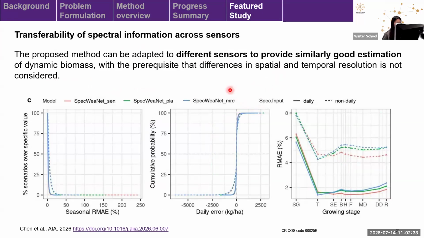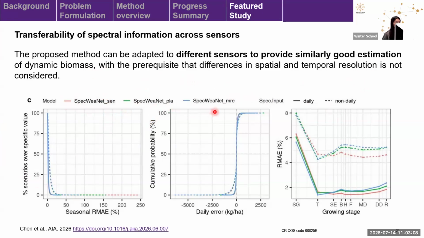And the second thing is, because we know we have a lot of different sensors in use now, we want to see if our method can adapt to different sensors to provide similarly good estimation of the dynamic biomass. And the answer is yes, because you can see this one, the red one, is where we mimic a sensor used on the Sentinel-2,